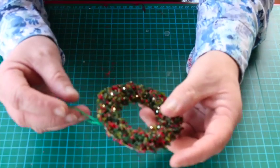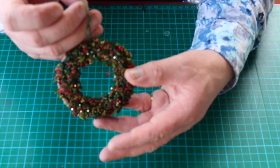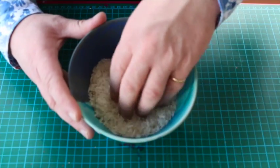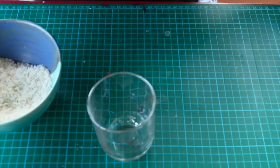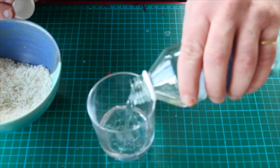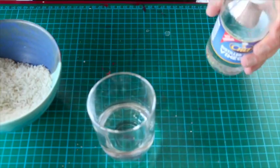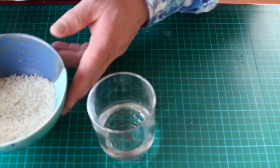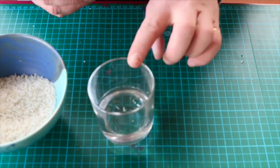So here we go. We have the beautiful Christmas wreath, and I'll decorate it later with a few ribbons and stuff. But how it's made is from rice. So I put some in a bowl, and then I get a mixture of white vinegar. Now again, quantities are just so hard to figure out. There's no scientific way of doing it. So much rice, if you're going to make a load of wreaths, you use a load of rice, and so on and so forth. But into the vinegar,